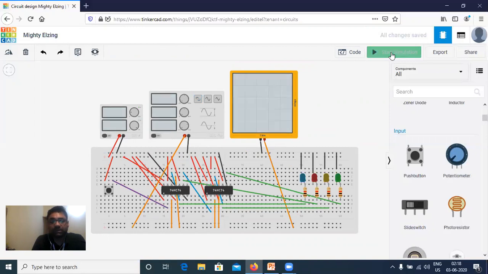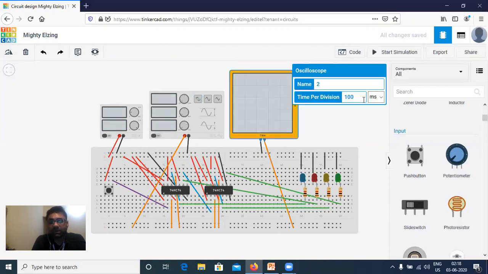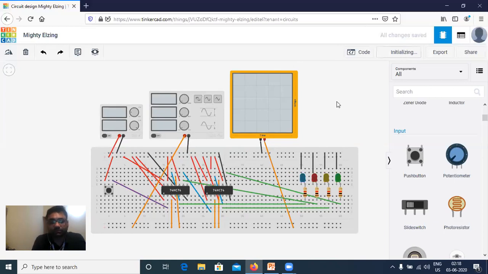Let me check what parameter I have taken here. Let me take it as a second, and this should be 0.5 seconds. Start the simulation. So I have not given any pulse yet.